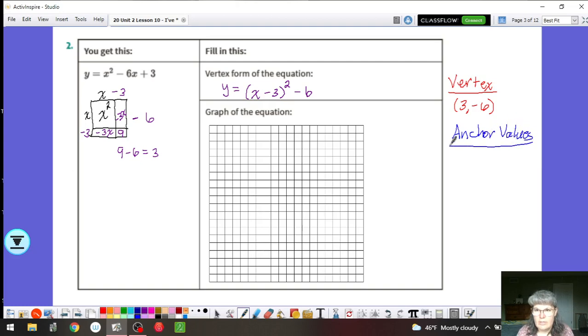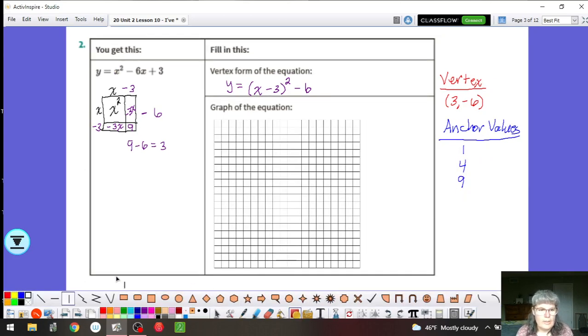If we take a look at our standard equation, there's no stretch, there's no a value on that x squared term, so I don't need to do anything with these anchor values. Meaning I don't need to multiply them times anything. So when I graph this,